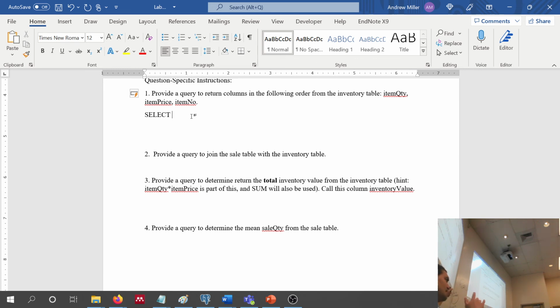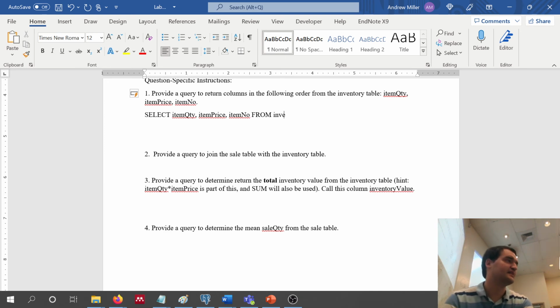We're talking about the order the columns appear. So we just say select item quantity, item price, and item no. And we know it's from the inventory table, so we just say from inventory. All right, is that all we have to do for number 1? I think so. We'll come back to number 2.